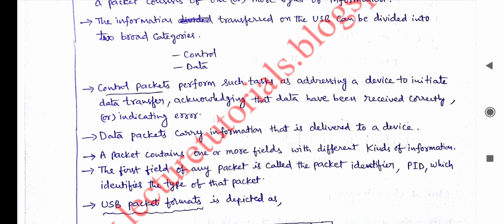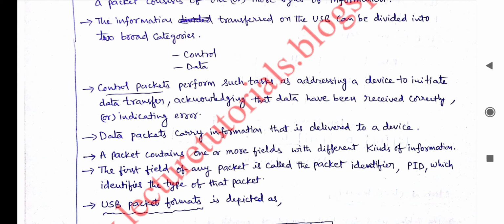One more time, we have two parts. One is the control part and the second one is the data part. Control information is nothing but to which device we have to send the data, as well as whether the data has reached the destination correctly or if it contains any error. So that is about control information. Here data means nothing but the data which you sent, whatever information you want to send to the destination, that is nothing but data.